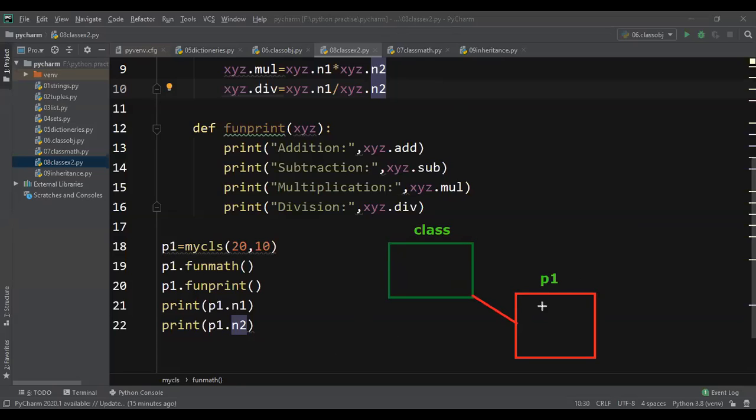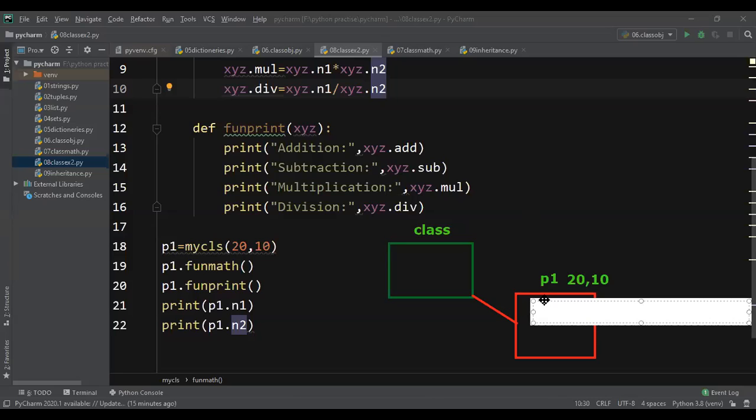In that P1, what are all the things there? One constructor is there, so when you are creating the object, you are passing the values 20 and 10. Now here two functions are there. One is fun math, and the other one is fun print. These are the two functions. The name of the object is P1.